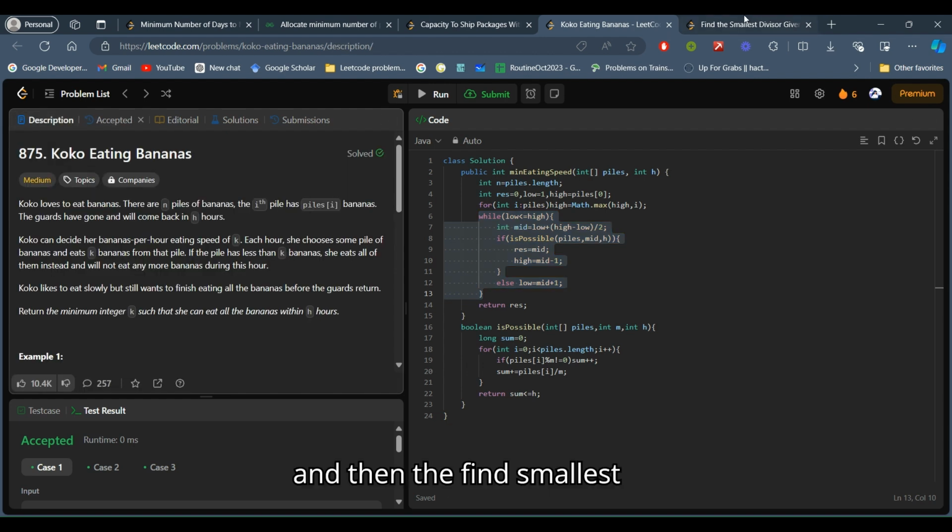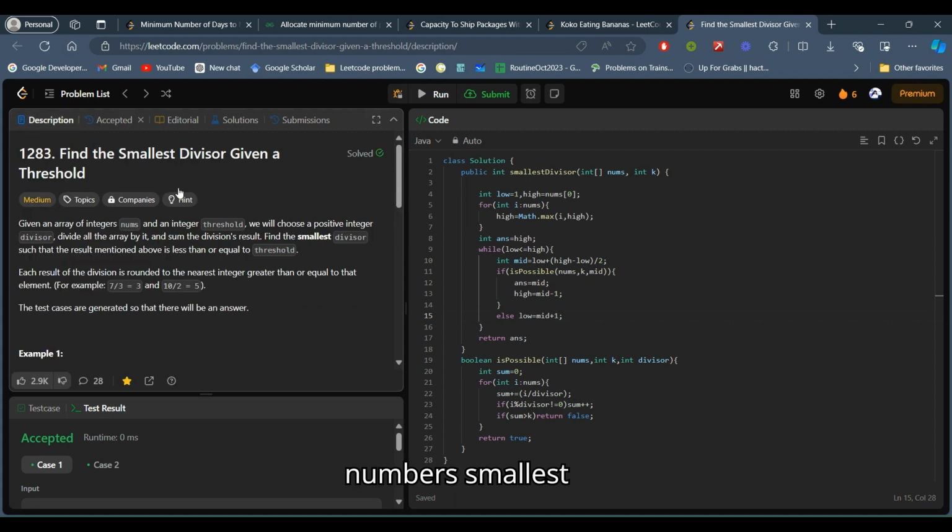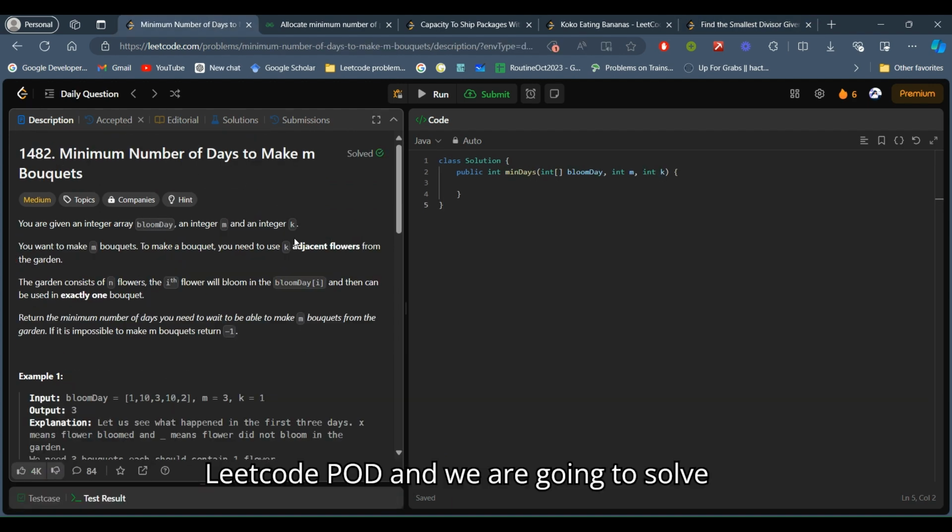And then find the smallest divisor given a threshold. So these are very similar to the given LeetCode POTD, and we are going to solve this. This problem's solution has a very similar structure to all those four problems as well.